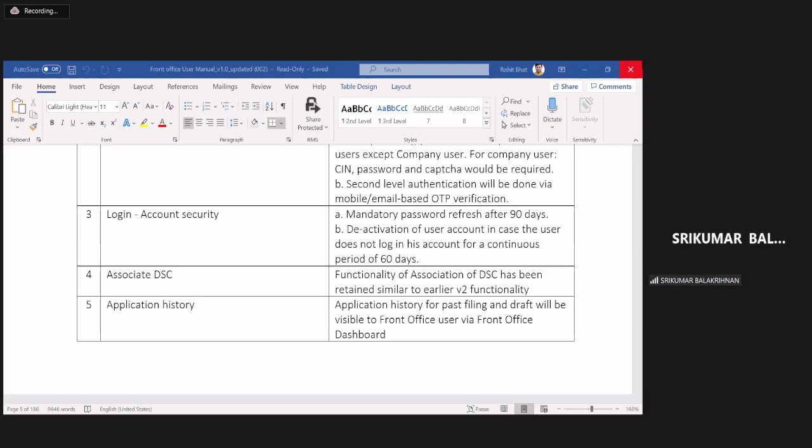The numbers show that around 8,000 forms were filed so far today itself. Yes, sir. So there is a high number of forms being filed. There is no impact on V2. I don't want to put data over here, but from the company perspective, it is running perfectly fine. We have 8,000-odd filings being done in a single day as of now. Yesterday, too. If you see the last couple of days, we have more than 30,000 filings done from the company perspective. So there's no impact on the company perspective with this DSC, sir.